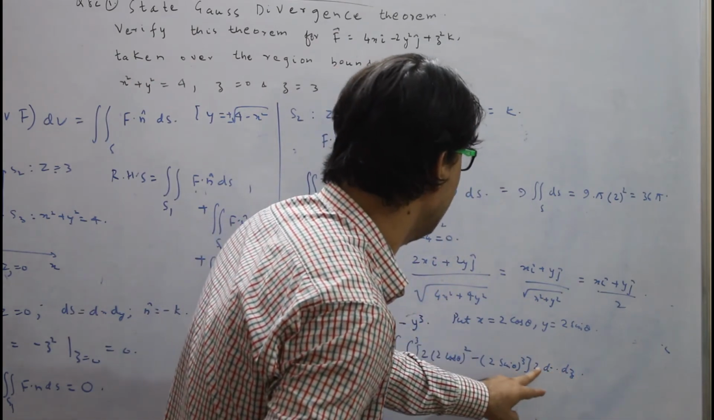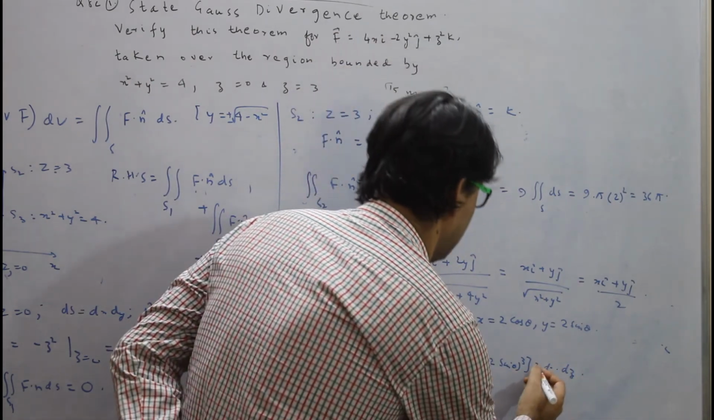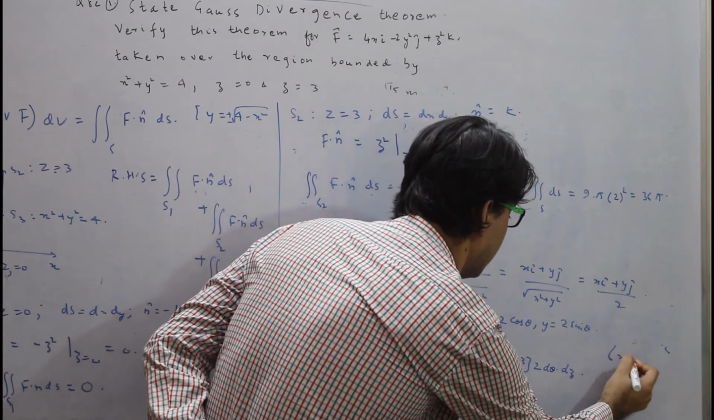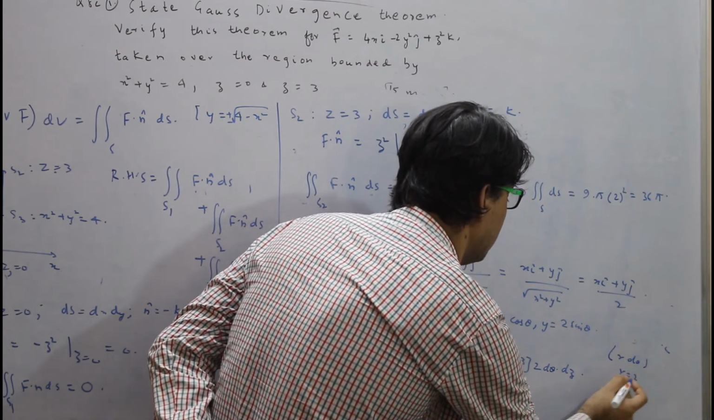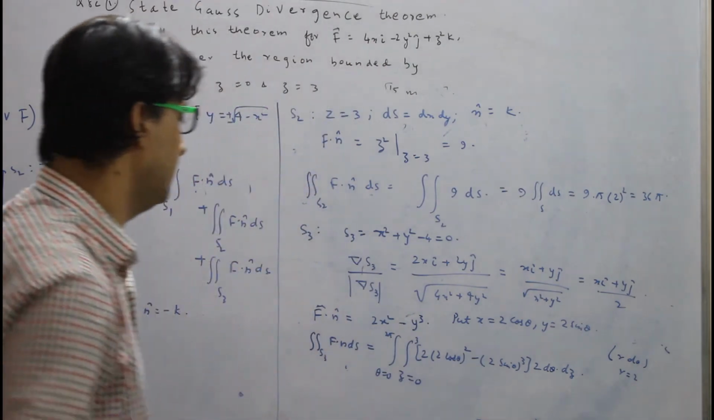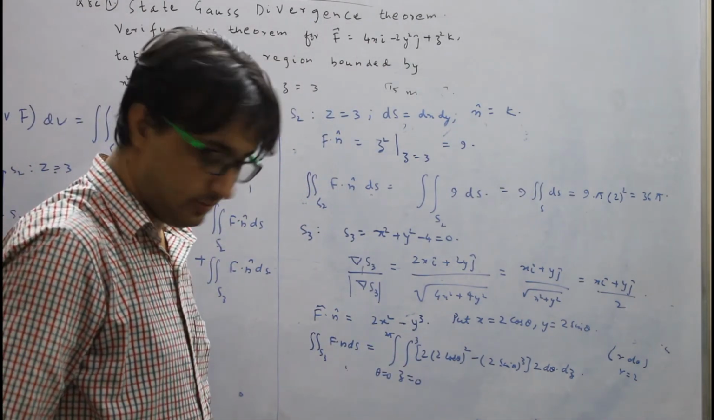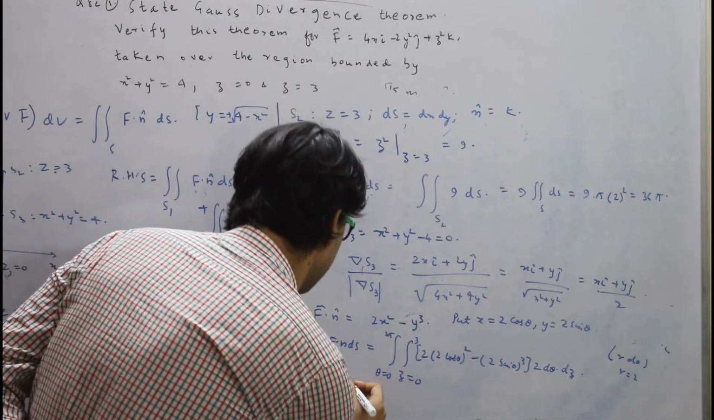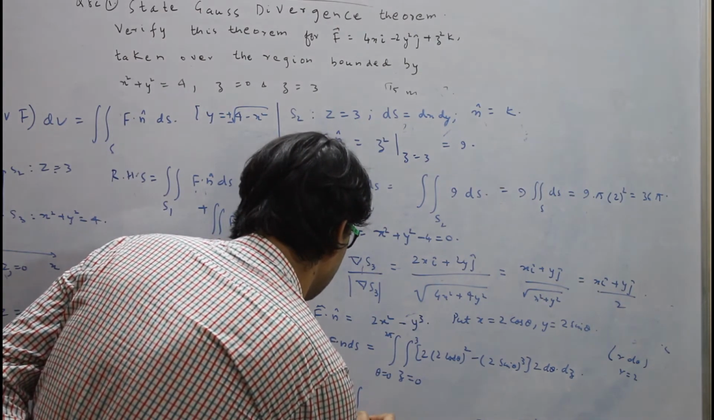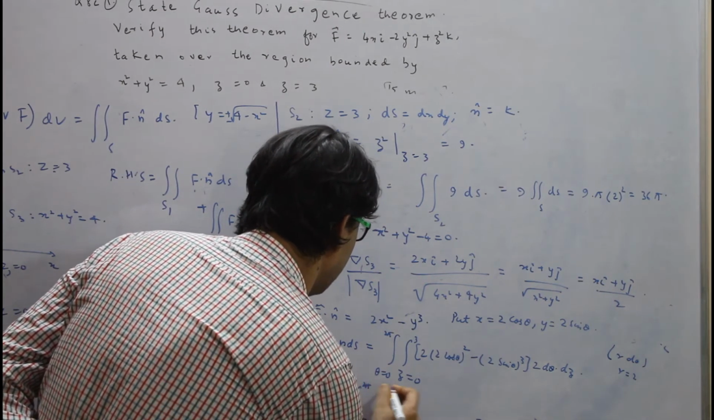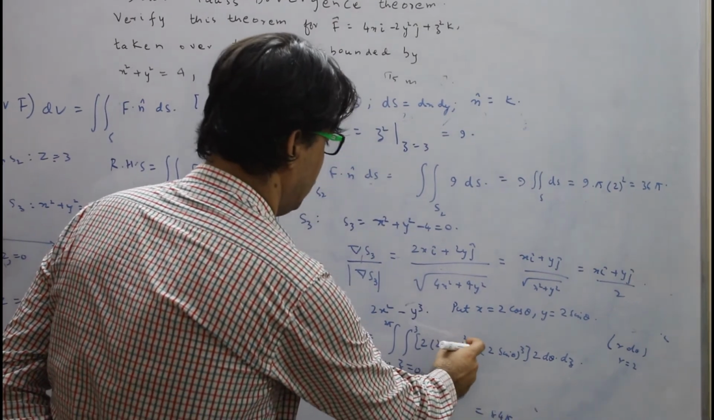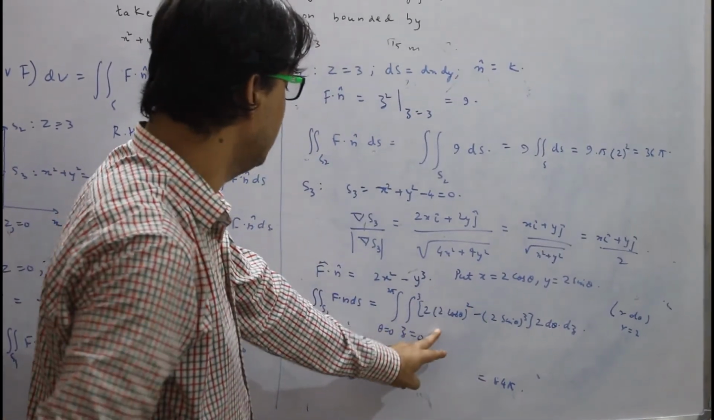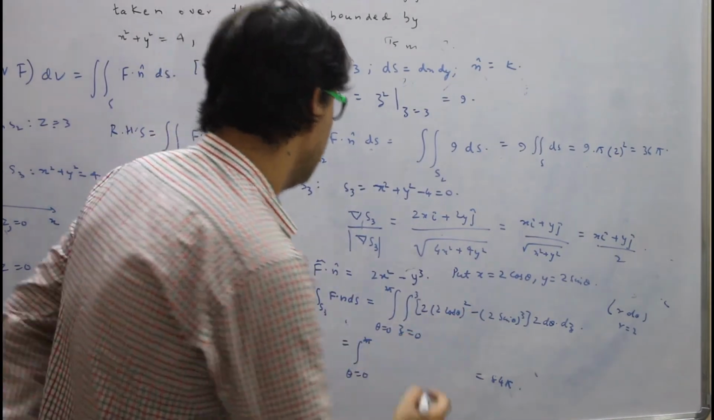In place of dr, I have written 2, and this is d theta, that is r d theta. So r is our 2, so that is how we have written. Okay, if we are going to solve this further, this will amount to theta from 0 to 2 pi, and this is 2 into 2, that is 4 into 2 is 8, so